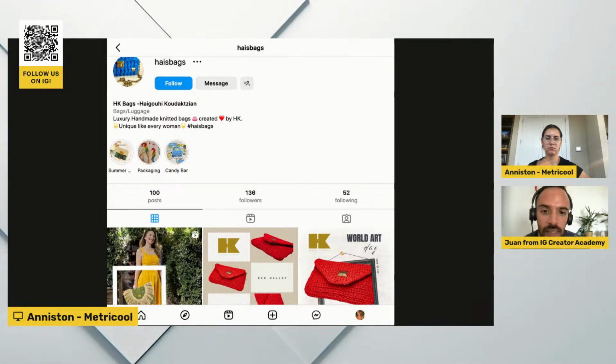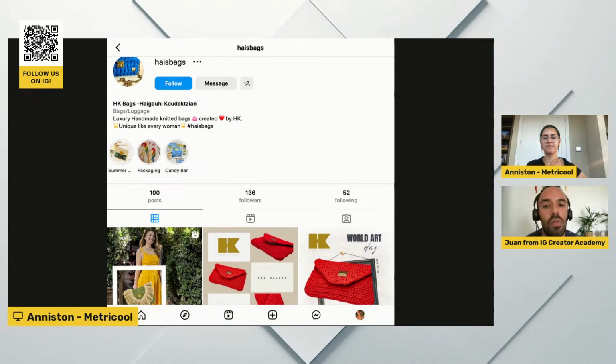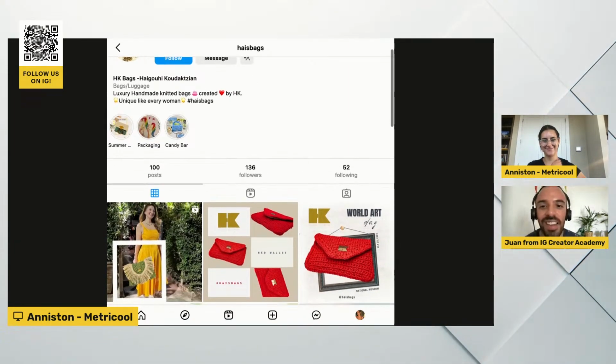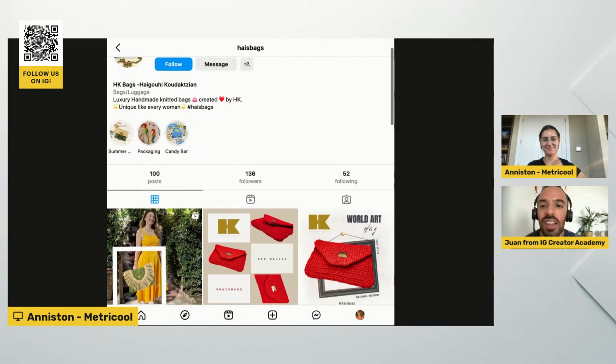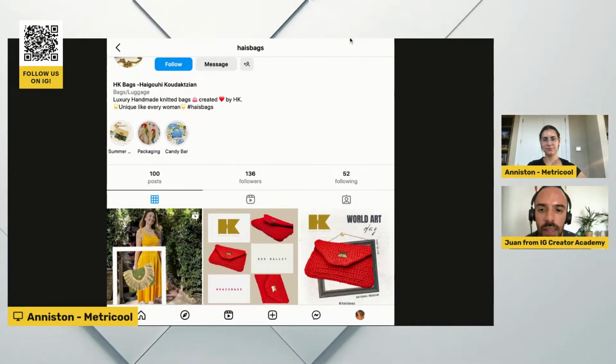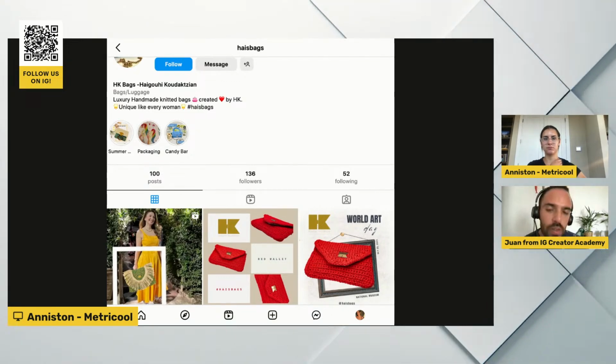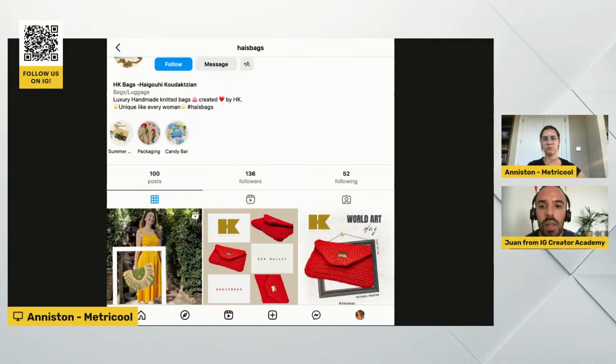You have no website. So I don't know how you're expecting to make any sales. You need to add a website and again a call to action. The highlights over here, candy bar packaging and summer. I guess candy bar is one line or one type of product. For product businesses, it's okay to have some of your top-selling products as highlights.